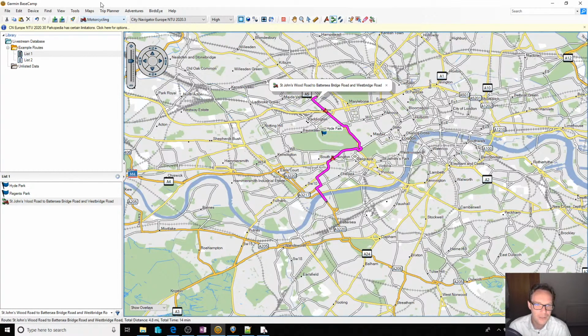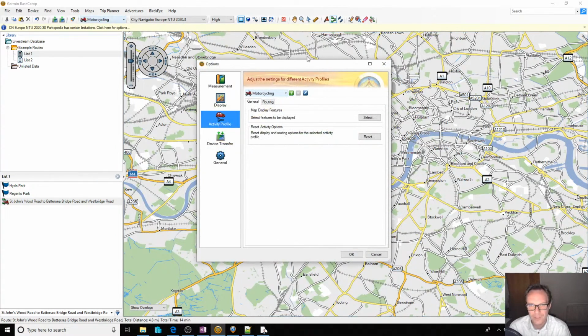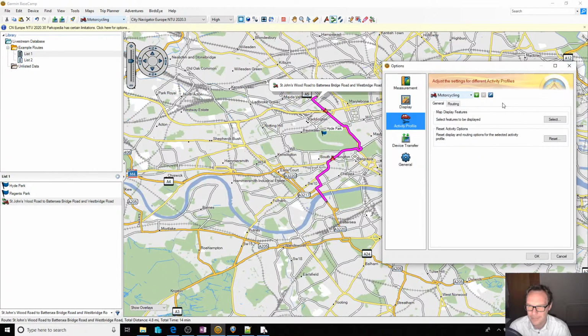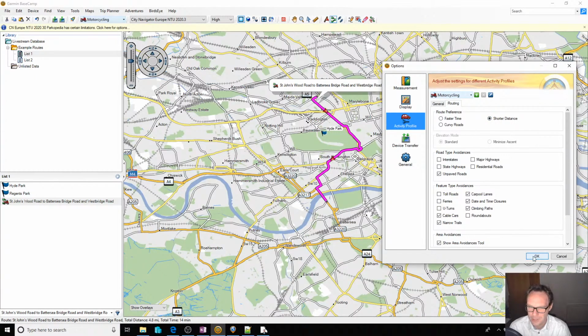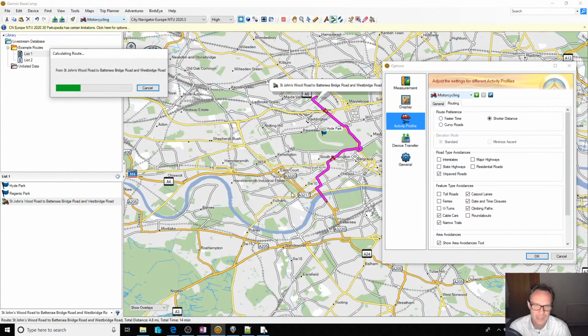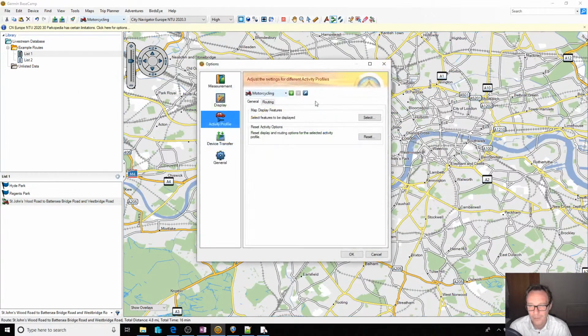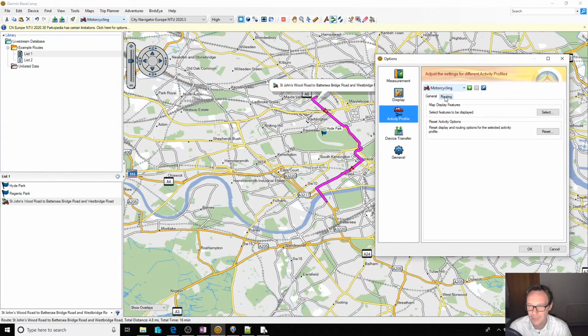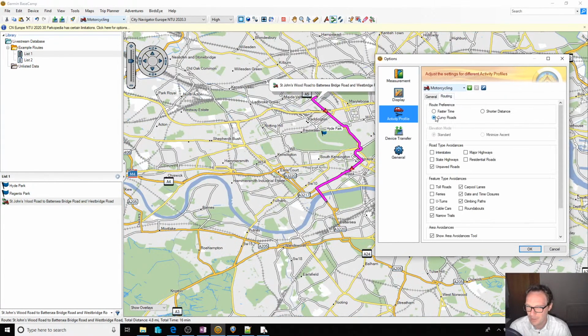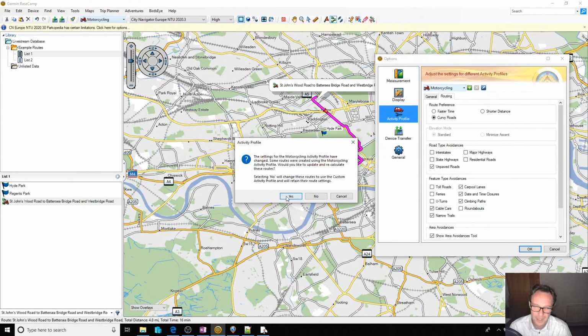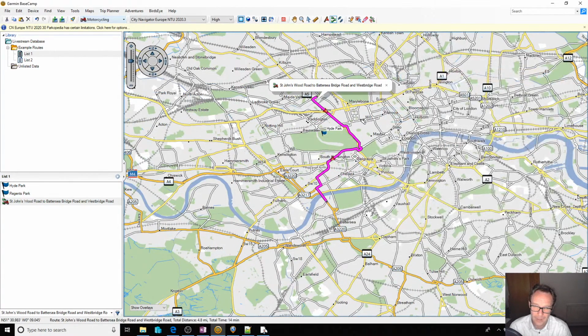Now, if we go and change that, so we go to edit activity profiles, I'll move this out of the way so we can see. So we go to routing and change that to shorter distance. I click on OK. It's going to recalculate. And now it's gone a slightly different route. And if we do it again, so we go to Edit Activity Profiles, and we change this to routing curvy roads, it's going to go and change again. So there we go. Not the best example, but it's changed slightly to try and find more